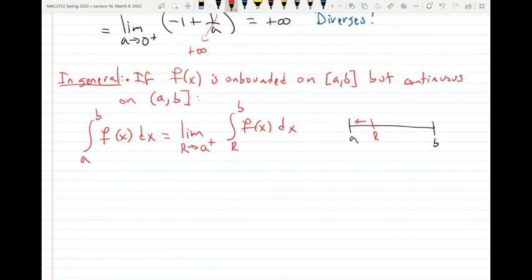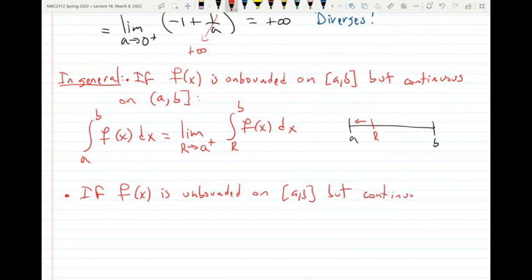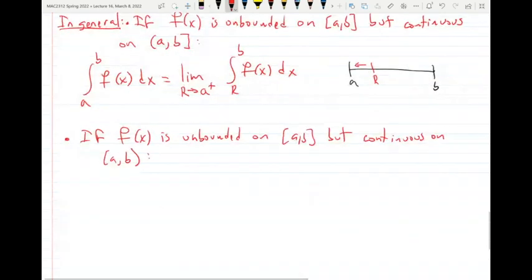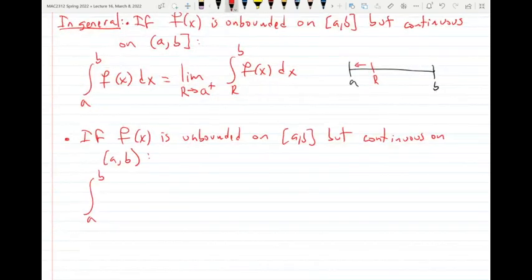All right, let me put the other case. If f of x is unbounded, if it happens to be continuous, so if it's unbounded on [A, B] but continuous on [A, B) with a parenthesis around B, this time the issue is at B, it's not at A, then the integral from A to B of f of x dx equals, I'm going to replace B by R, and